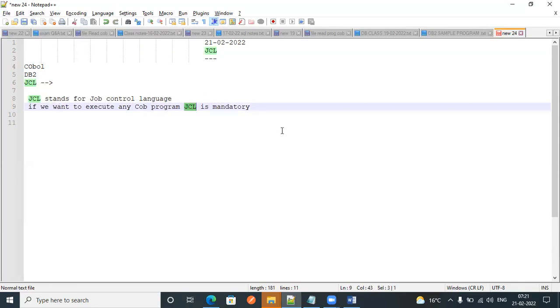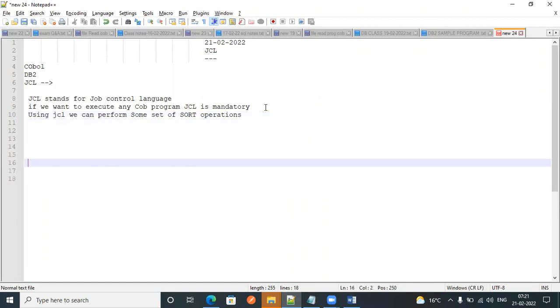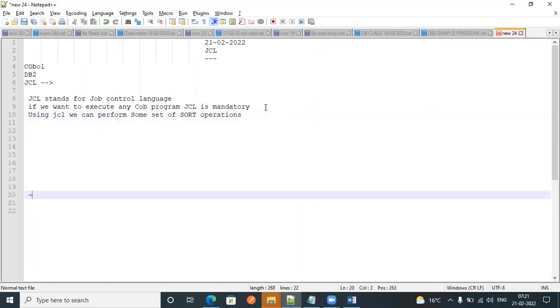Then by using JCL, we can perform some set of sort operations. What is sort here?